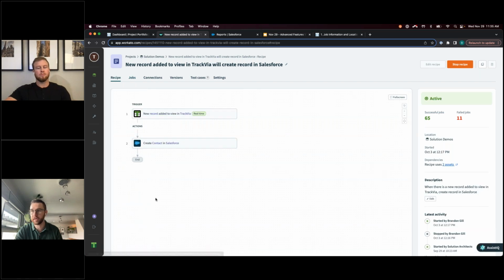When I click into that recipe, there's a few different tabs at the top that we'll go through quickly. The first is the recipe tab. This is just saying, what is my integration doing? This one's really straightforward. When I add a new record into TrackVia, it's going to create a contact object in Salesforce. If I were to stop this recipe and edit it, I could get into the actual details of it,